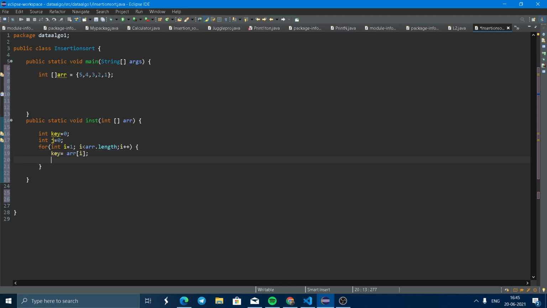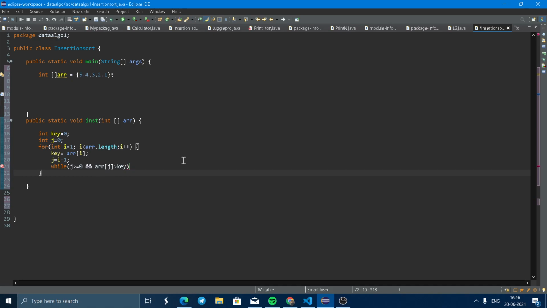Now j equal to i minus 1, and again we use a while loop here: j is greater than or equal to 0 and array j is greater than key. I will explain what I did.